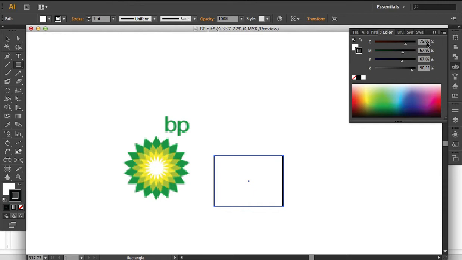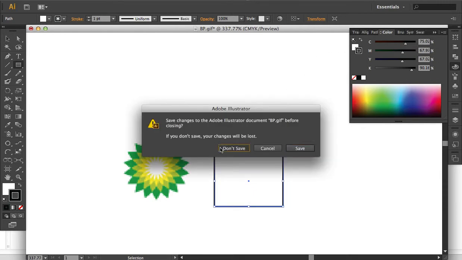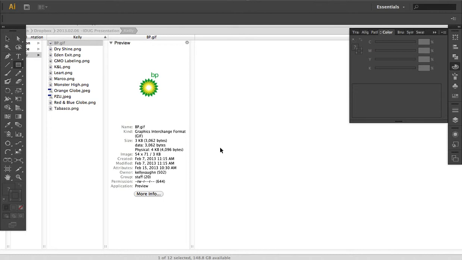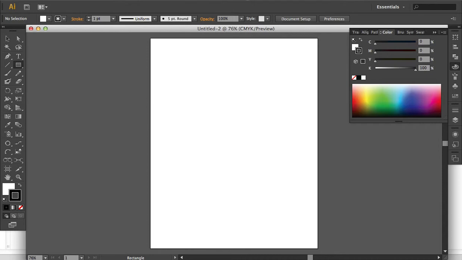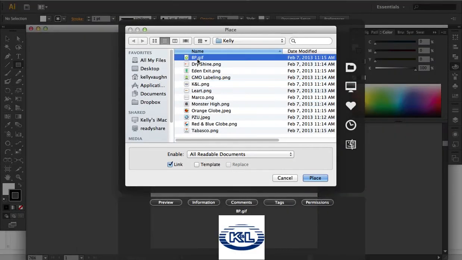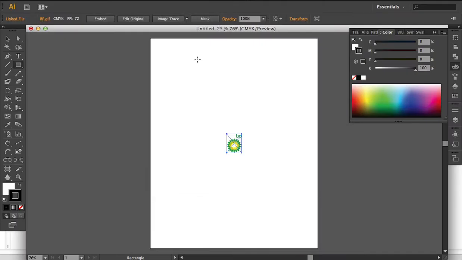So rather than simply opening up a logo in Illustrator for tracing, there is a better way. We're going to close out of this, and instead of opening that logo to trace it, we're going to make a new document and we're going to place that logo in there. Now this is a CMYK document with an RGB image placed inside of it, but you'll notice now that it's CMYK up here, but let's again make a box, press D just to make sure that it's default,